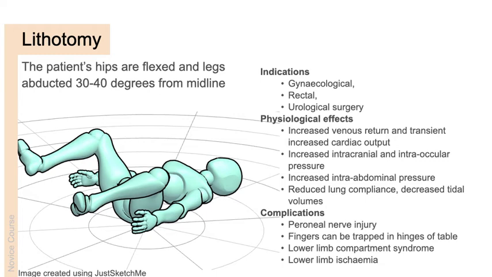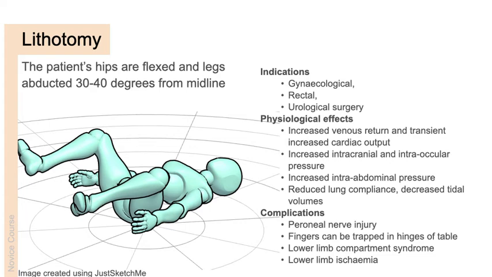Complications for this are peroneal nerve injury. That's why it's important to make sure that you're padded appropriately behind the knees and around tibial protuberances. The fingers themselves can be trapped in hinges of a table. So although it's not illustrated in this diagram, typically the patient's posterior is going to be right at the end of a table, and